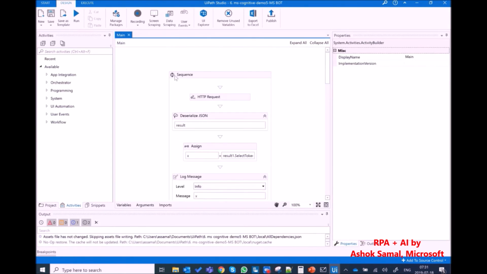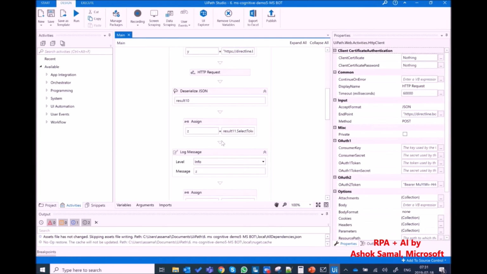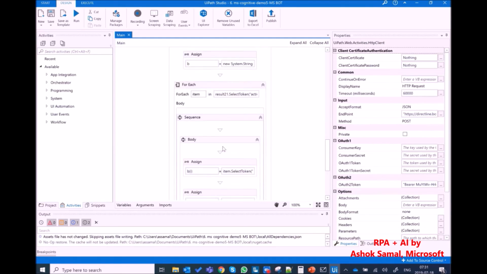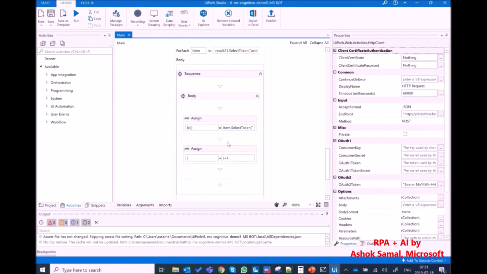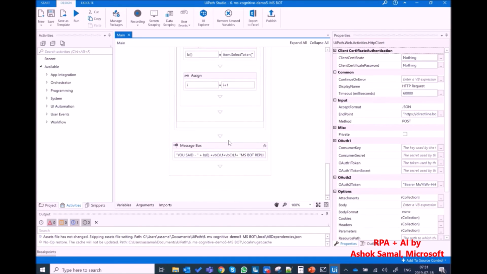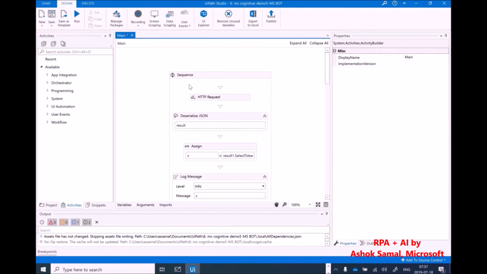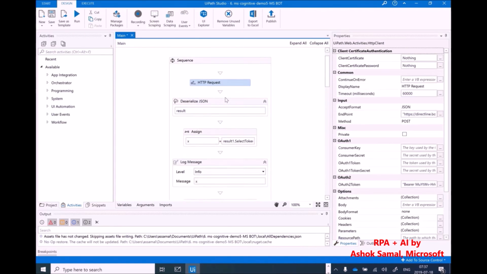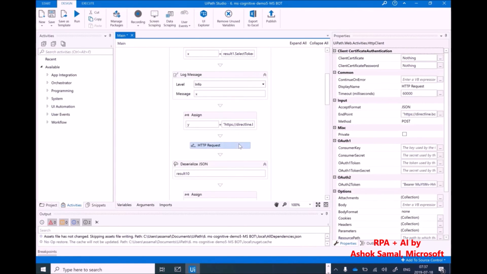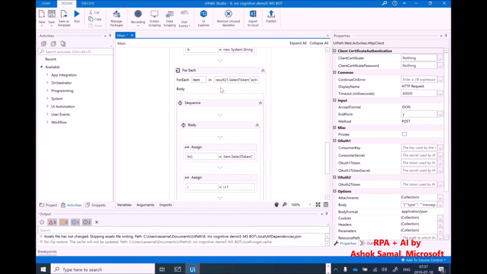Alright, so nothing much. It's the same thing, a couple of HTTP requests. You see I have 3 HTTP requests, and then the conversation flow, and then the whole logic is written here. If you want it, just contact me down here in the comment and I will provide you all the things that I have. So here in the UiPath example, you will find I have 3 HTTP requests after one another, and